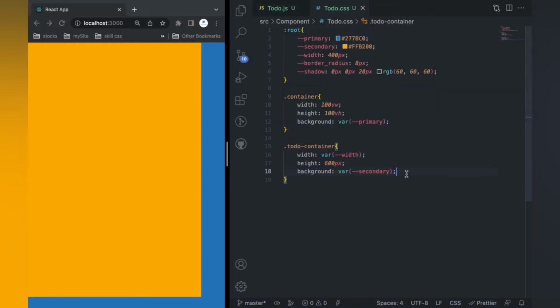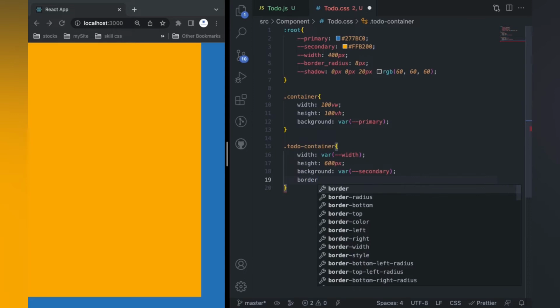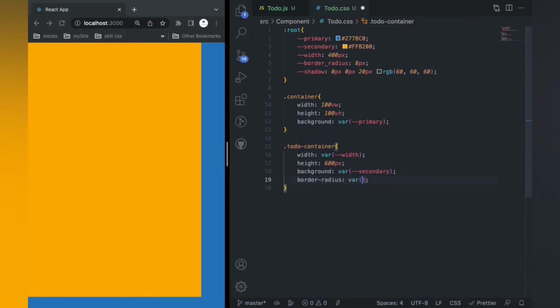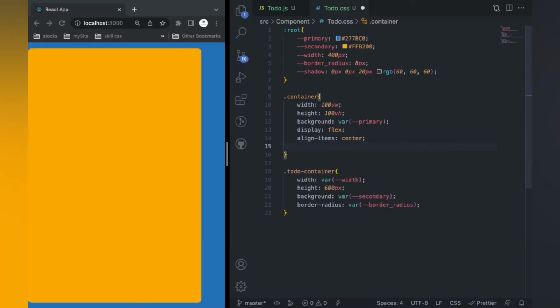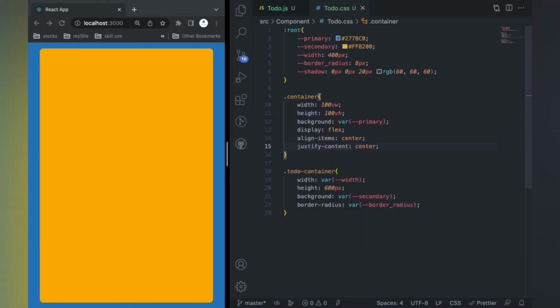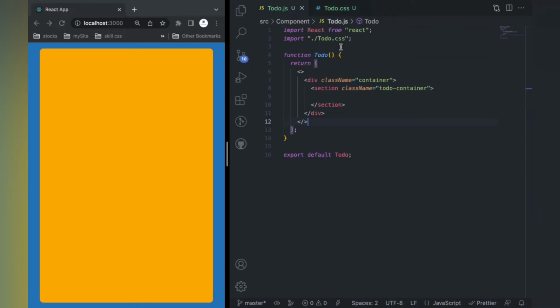the to do container. I will write border radius, again var, and inside that double hyphen and border radius. So you can see corner is now rounded. Now in the container I will write display flex and align items center and justify content center. By writing these three lines, our to do container will be visible in the center of the window. So now you can see it is in the center of the window,